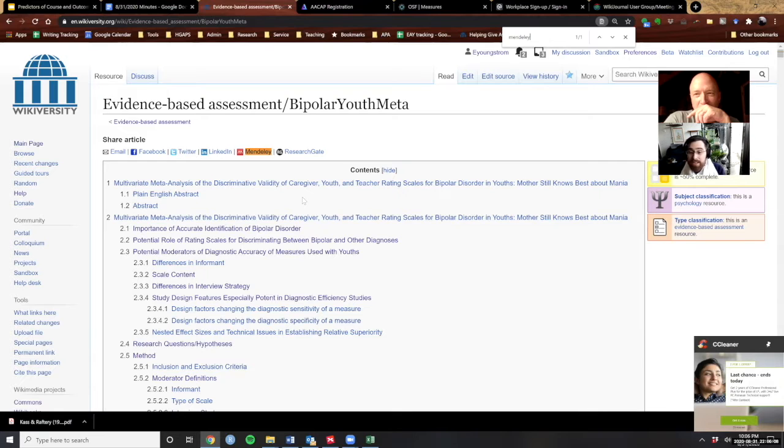And the other thing is for this particular page, the evidence-based assessments bipolar youth meta, there's a template that I think we should add to the top of it whilst it's in this drafting stage that might be useful. Please. I don't know exactly how well it's going to format up. So if you click edit,